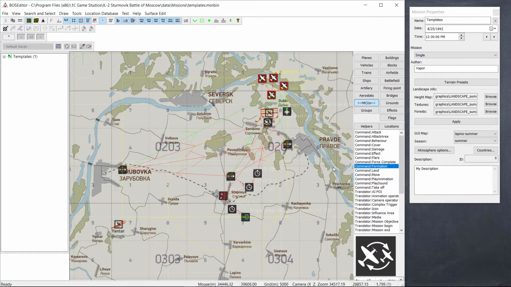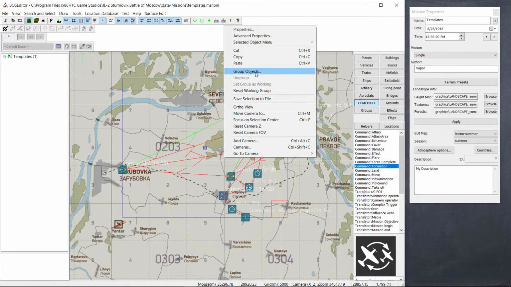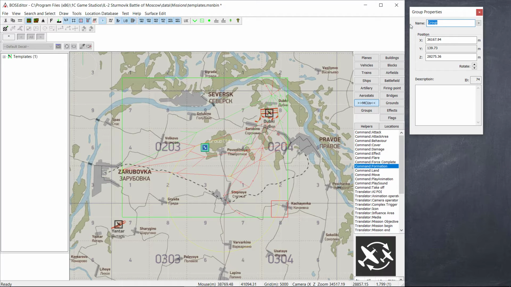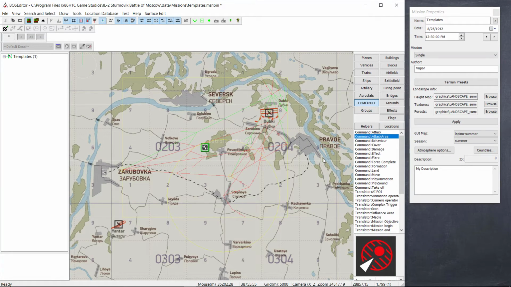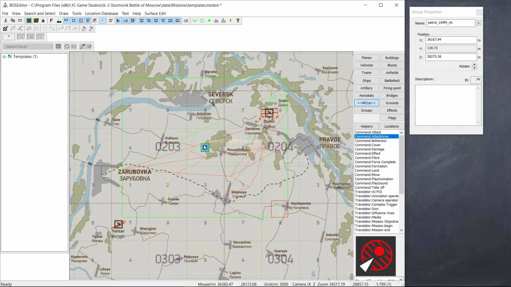Now the next step would be to export this all into a template. Before I do that, I usually group it, and we can name this group patrol 109 F4, what is this, four fighters we decided? Yeah, 4X. So that is 4 109 F4s in a patrol, and that's in a group. So now what we can do is make sure this is selected. Right click,